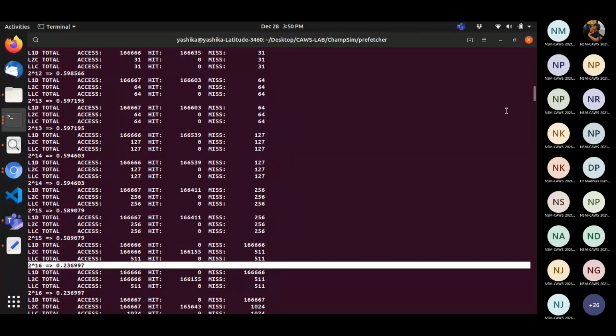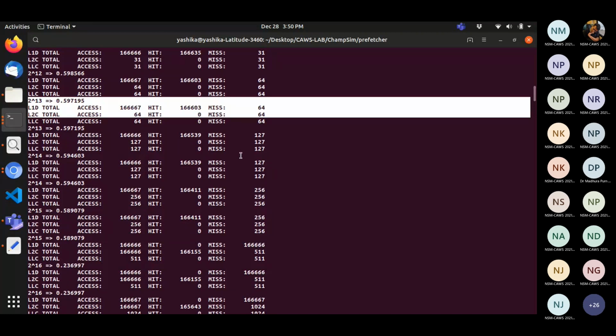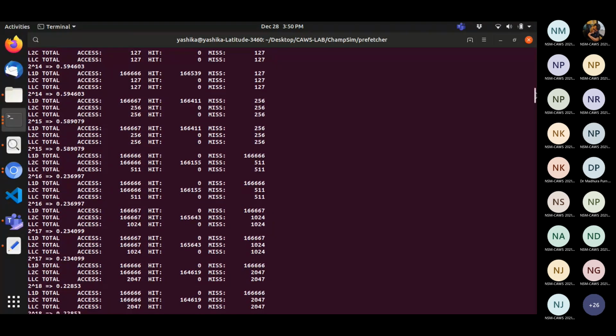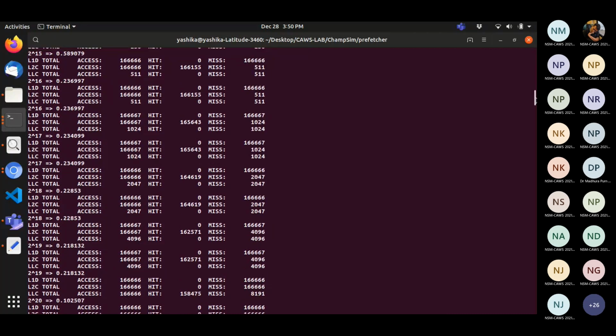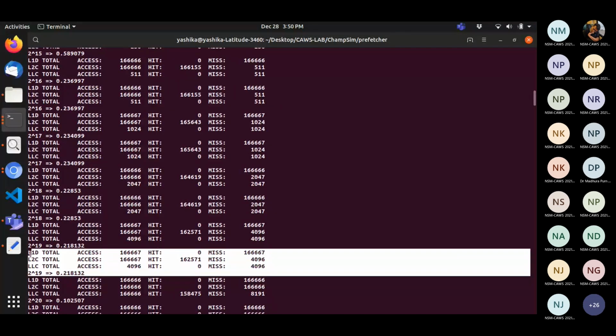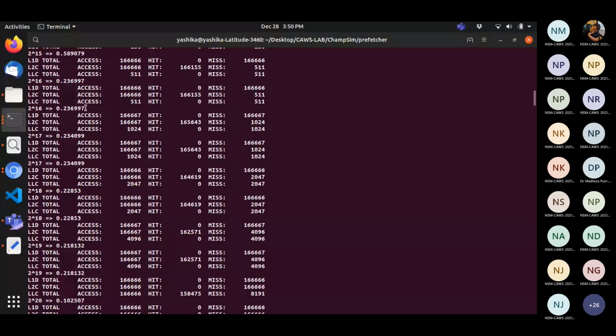Then from 2 to the power 16, as we go till 2 to the power 19, the values are again similar in the IPC. Here is the IPC for array size 2 to the power 16, and then here is the IPC for 2 to the power 19, which is almost the same.